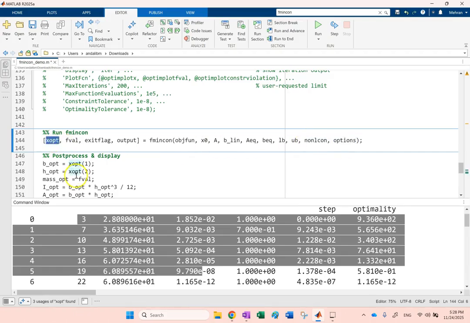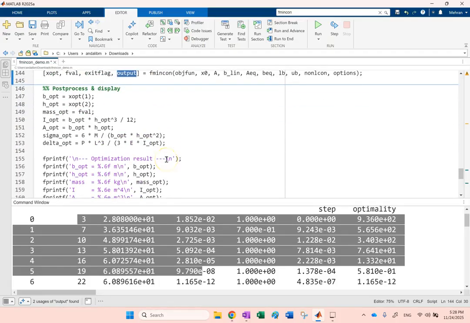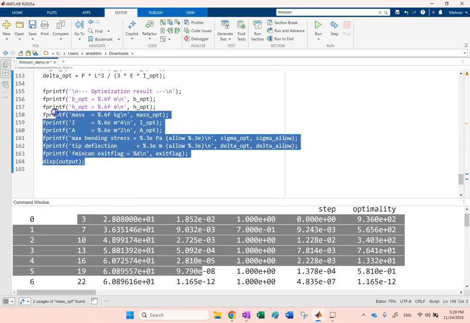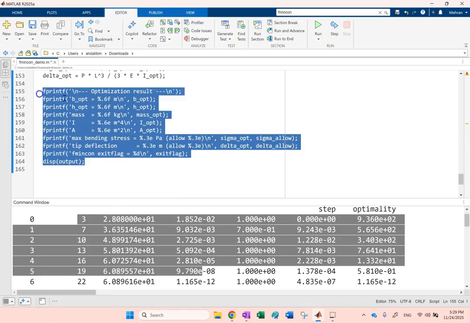It gives me back the optimum value, the value of the function at the optimum, exit flag, and an output function if you have one. Okay, and then once I get the results, I'm going to call them H optimum and B optimum. I get the mass optimum, the I, sigma, everything,